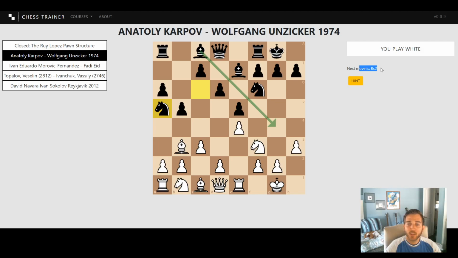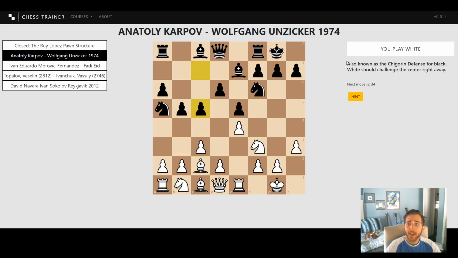And a lot of these moves, it'll tell you the move over here. What I would say is, if you're unsure, like the next move is bishop c2, just try to look at the board first. If you want us to try to hide this or something like that, that might be pretty cool, and then maybe a hint would tell you exactly what the move is. But that's just something we're working on right now, and for now, it will have every single move, no matter what. Not every move is going to have any sort of